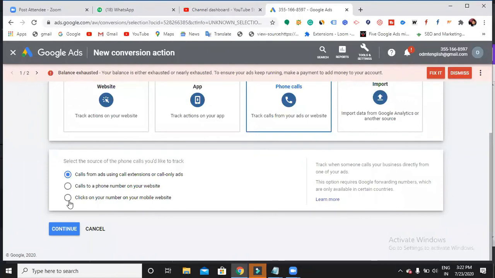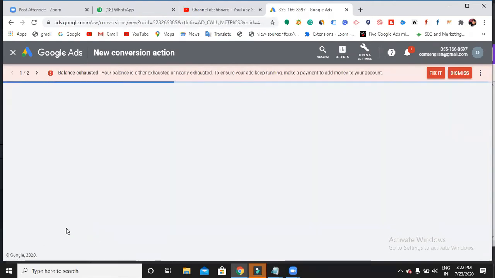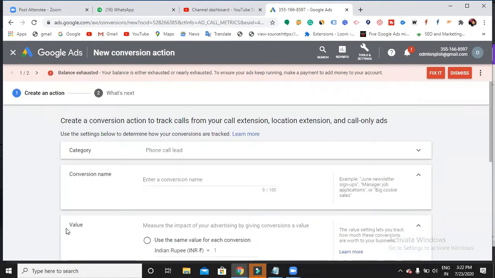And if you are showing a particular contact number on your mobile website, that means you will be creating different pages for desktop and mobile. For the mobile page, if you want to track those calls, then you can choose this third one. As of now, I'm tracking the ads conversions, so I'll go with calls from ads using call extensions or call only ads.